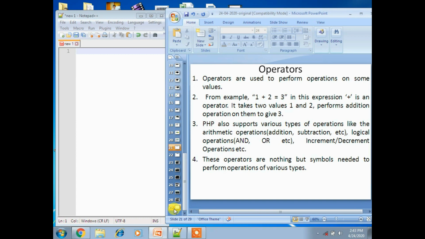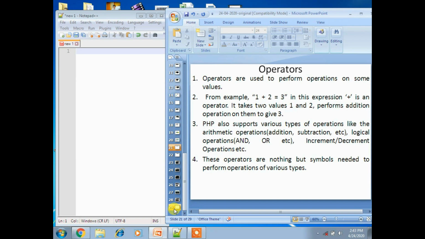These operators are symbols needed to perform operations on various values. In 1 plus 2, 1 minus 2, 1 into 2 or 1 divided by 2, the values are called operands, and the symbol in the middle is called the operator.